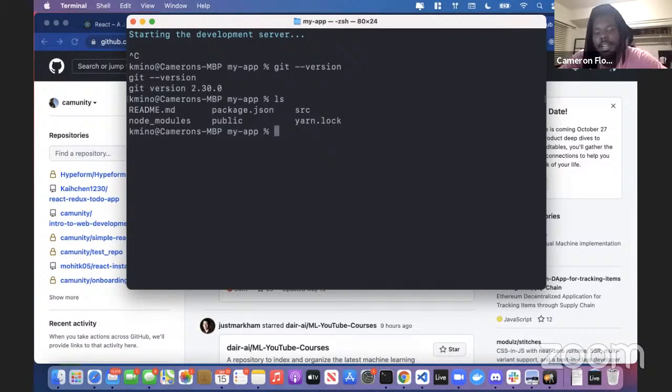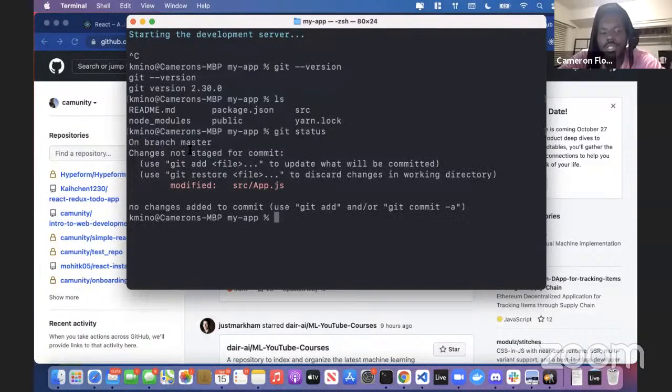I can run this command. If I have Git installed on my computer, I can run this command, git status. And what you'll see is I'm on branch master, changes not staged for commit. There's a Git project in here. So remember, one of the things we pointed out in the installation of Create React App was that it initialized a Git repository for us, which is so cool because what that means is that we already have this project